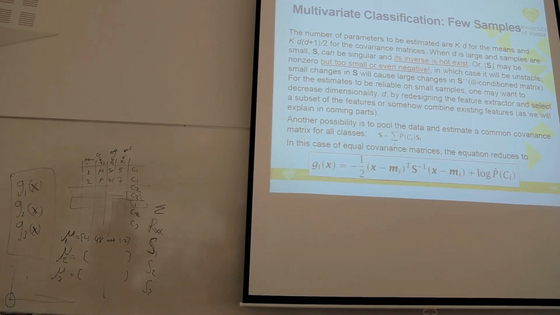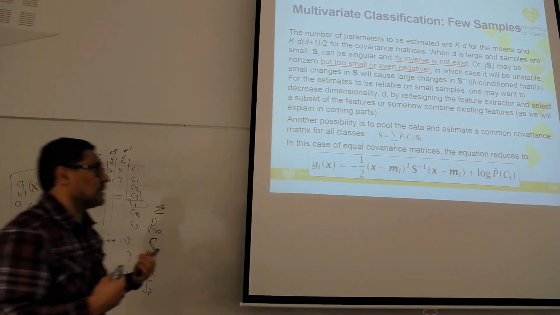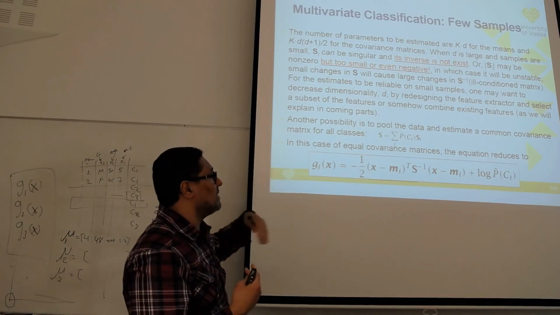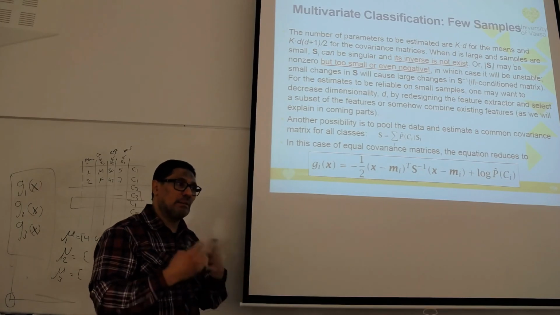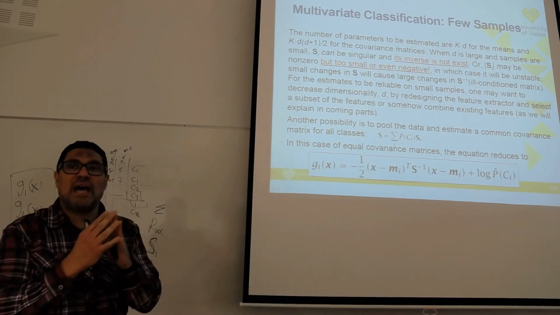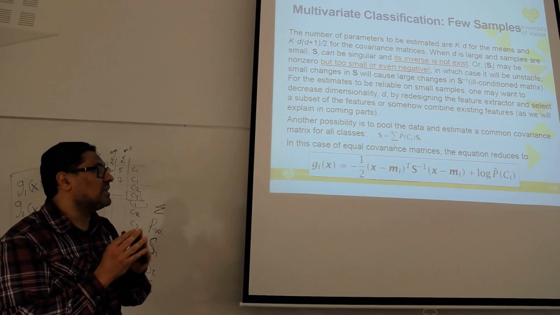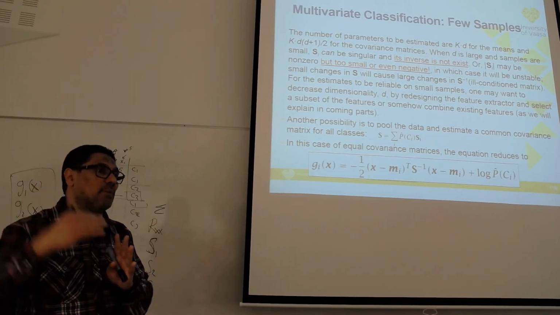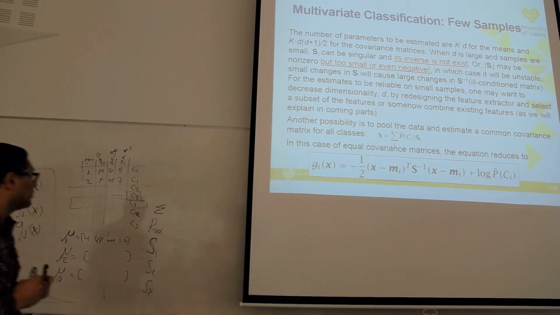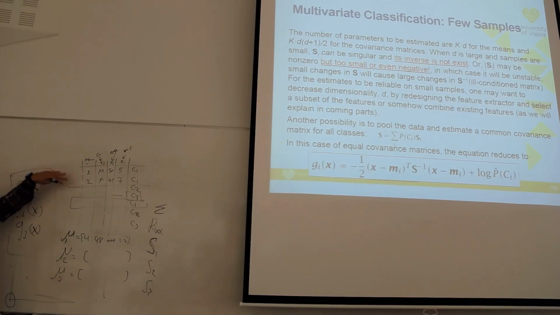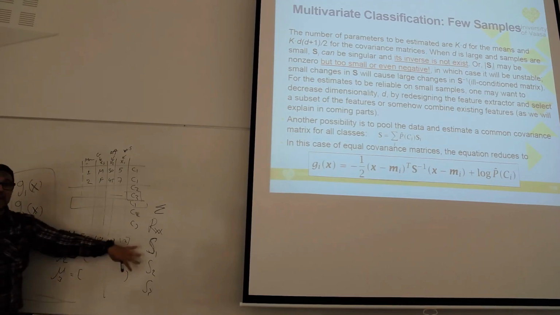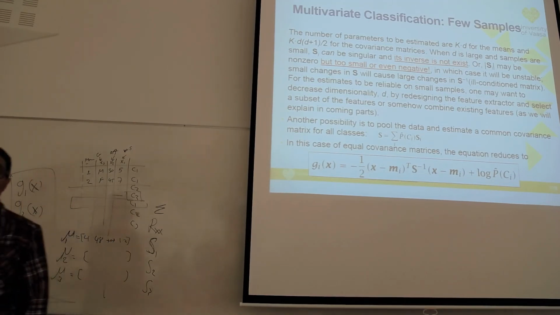We have one problem here that everyone working in machine learning might face, especially in the beginning. When we have a small number of data, and the number of attributes is more than the number of data in a certain class. For example, if you have 20 attributes, and one of the classes has only 5 entries, in that case, when you build the covariance matrix, your covariance matrix will be like